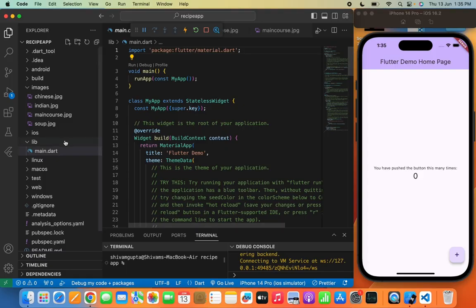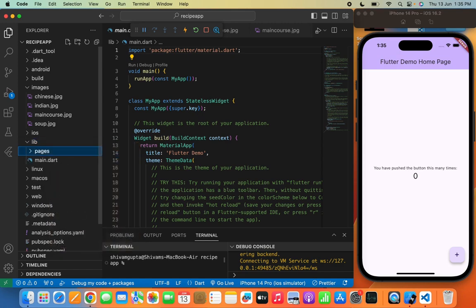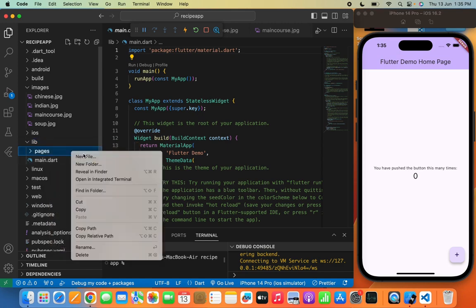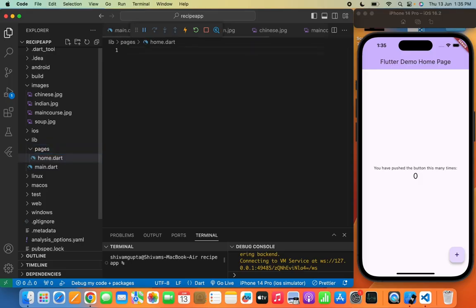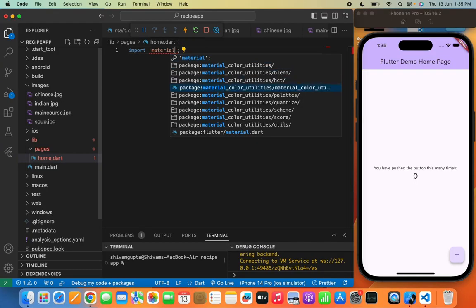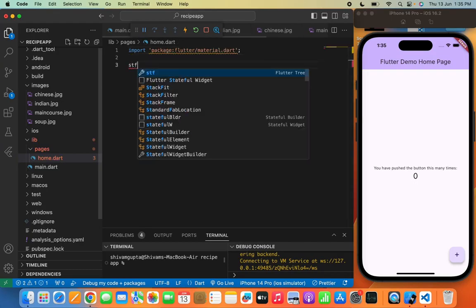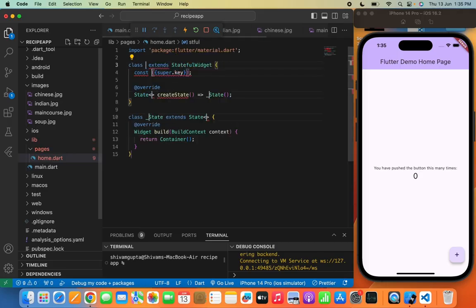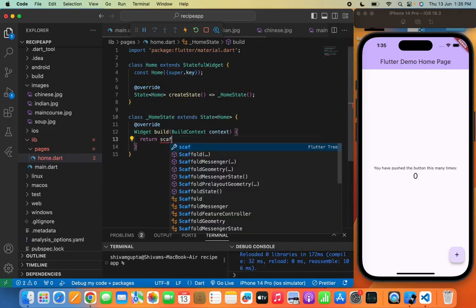So let's move to the lib folder and we'll create a new folder named pages, and inside the pages folder I will create a new file named home.dart. Now in the home.dart file I will simply write import material.dart and import the package, and will first create a stateful widget named Home. Now I will write Scaffold, body,